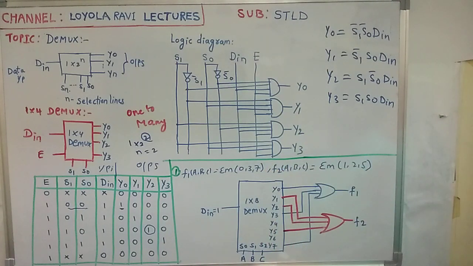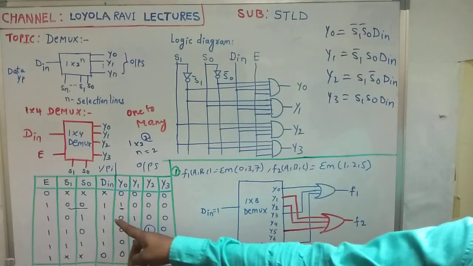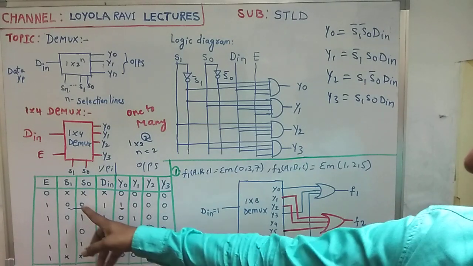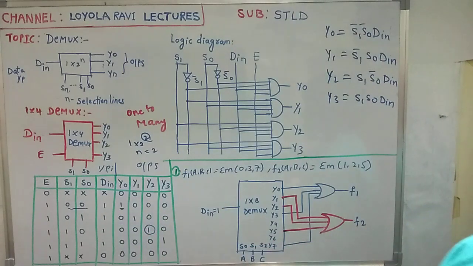Okay, this is a 1 to 4 demultiplexer. Same as this, 1 to 8, 1 to 16 also you can implement, very easy. One important point here is when only data is high, at that condition it will check the corresponding input and give the output. And another note I want to tell: the demultiplexer is just like a